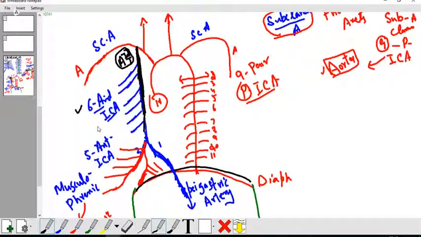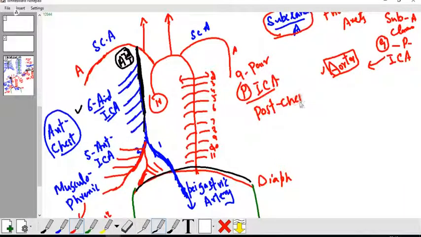here, 6 anterior branches, supplying the anterior chest. It's the blood supply for the anterior chest. On this side of the diagram, I am talking about the blood supply for the posterior chest wall. That side has the anterior chest arteries, the anterior intercostal arteries, and these are the posterior intercostal arteries, these 9